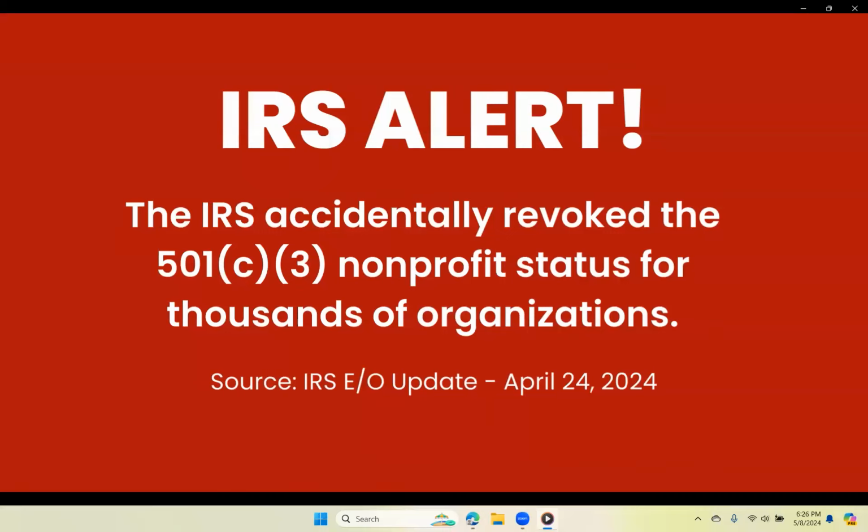IRS alert. The IRS accidentally revoked the 501(c)(3) nonprofit status for thousands of organizations. Again, the IRS accidentally revoked the 501(c)(3) nonprofit status for thousands of organizations, so it is imperative that we learn whether or not your nonprofit is impacted.